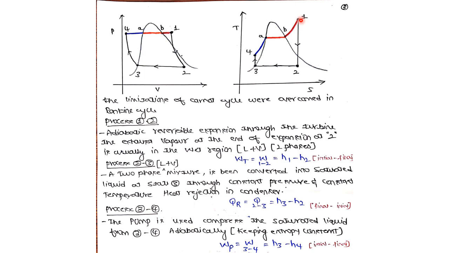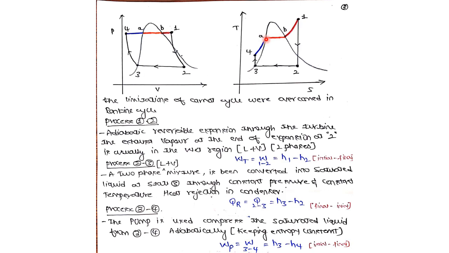So the entire process is isobaric, but while you are adding the heat to change its phase, that is from A to B, it is isobaric as well as isothermal, only from state A to B. All the others, that means 4 to A and B to 1, are only isobaric. You can see here isobaric, isobaric, isobaric, but here it is isobaric but not isothermal. A to B is isobaric and isothermal both, and B to 1 is just isobaric but not isothermal. So just take this down.